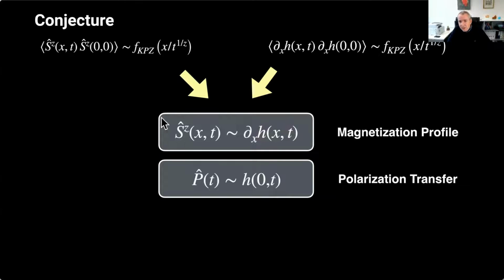And if you integrate the magnetization profile over space, you find the quantity that is the polarization transfer. These are just the number of spins that have been transported in this domain wall experiment from left to right. So it's just the integrated magnetization profile. This basically corresponds to the height field at position 0 and time t in our KPZ equation. Okay, so that's all conjecture for now. It's not a proof, but this conjecture leads to measurable predictions that we can test